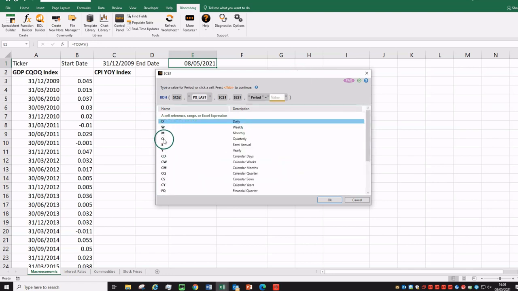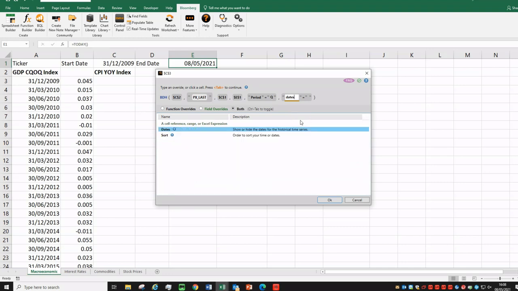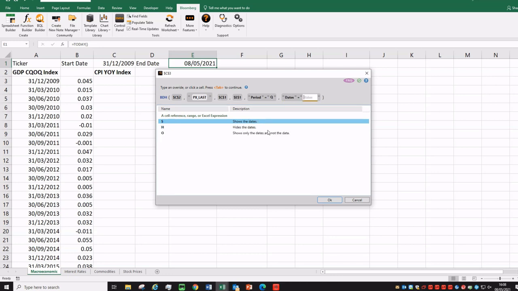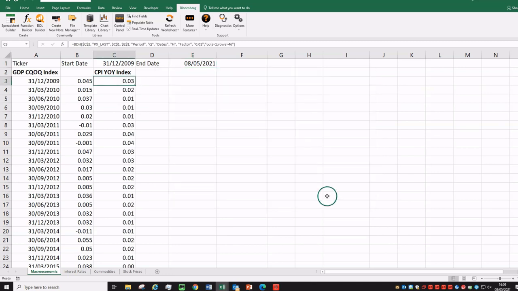Nothing new so far, but now I will add the option to hide the dates. That's because I already downloaded them before when I pulled the real GDP, so now I only want growth in prices. To do that, I type dates and then I double-click on age for hide. I personally like to download the dates only once if all my data is in the same frequency, because it makes everything faster. For example, if I have multiple tickers to get information for, like I'm doing now, I can